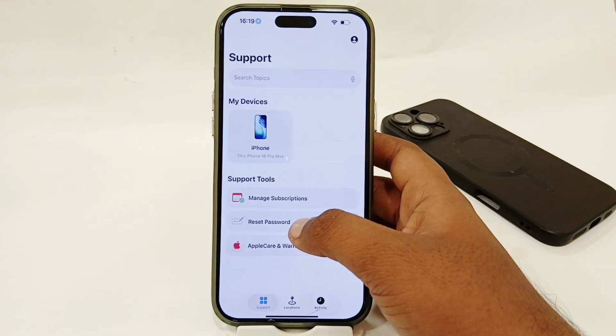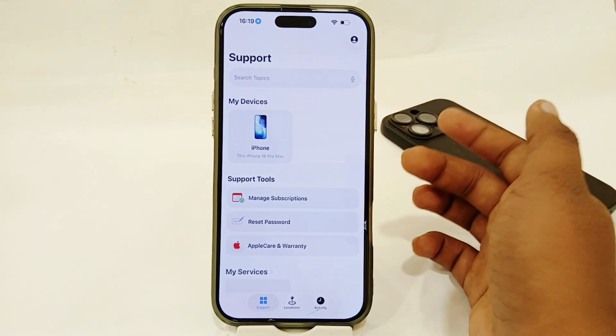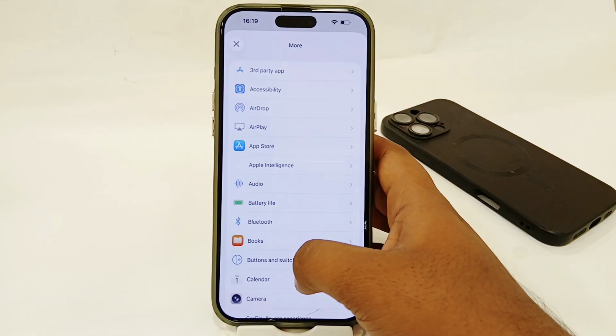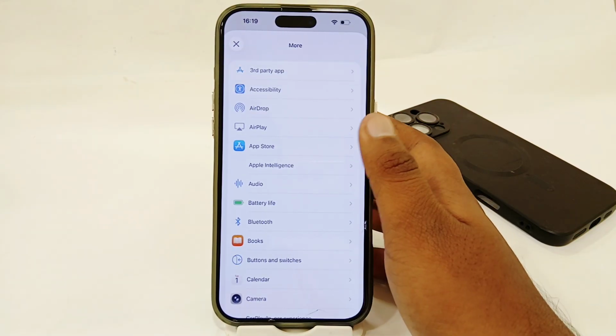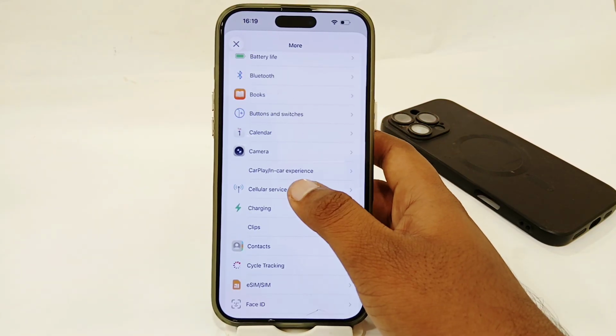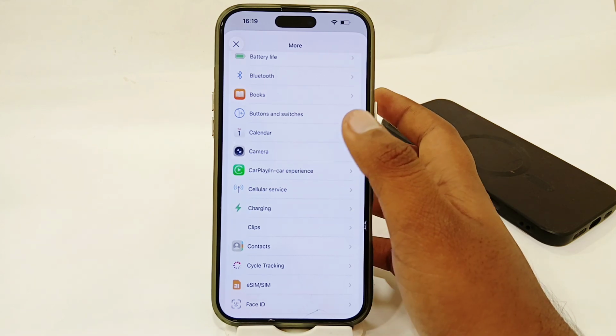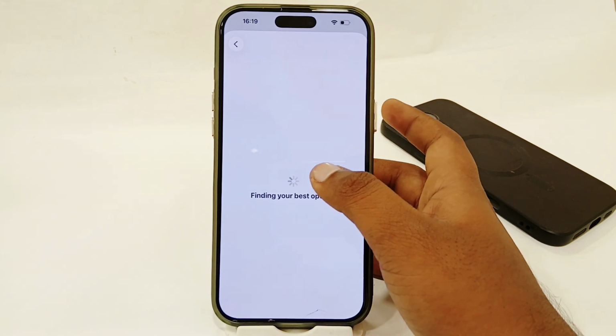If you are still facing the same issues, you just have to open your Apple Support app, or you can use Apple Support web. Select your iPhone from here, then select the more option, and here you just have to look for the option of cellular services, or if you can't find cellular services, you have to look for mobile services here. Select that,